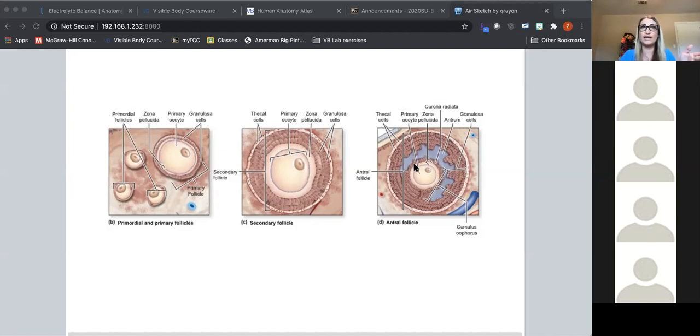Then what happens between birth and puberty in females is these follicles die. Not all of them, but most of them actually do die. And so by the time a female reaches puberty, there are several hundred thousand of these follicles, about 200 or 300,000. That depends on where you're looking. I have seen variations in these numbers, but the average from all the sources that I've looked at is maybe about 300,000 of these follicles. Then what happens